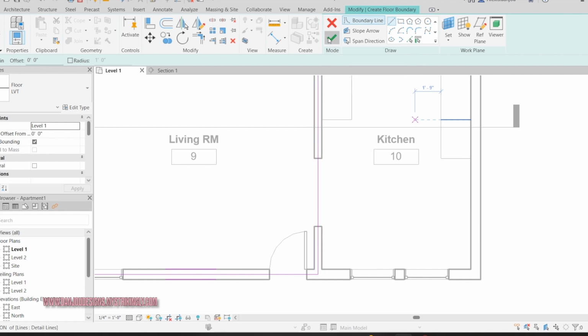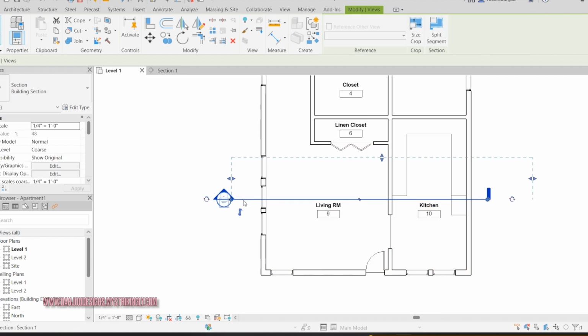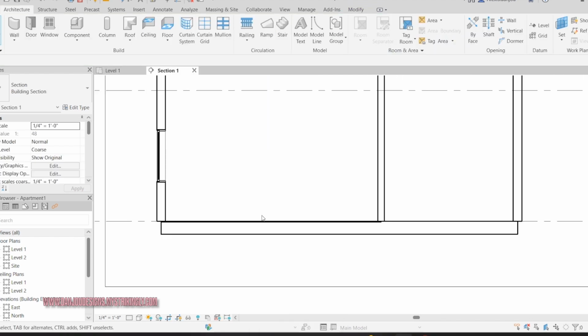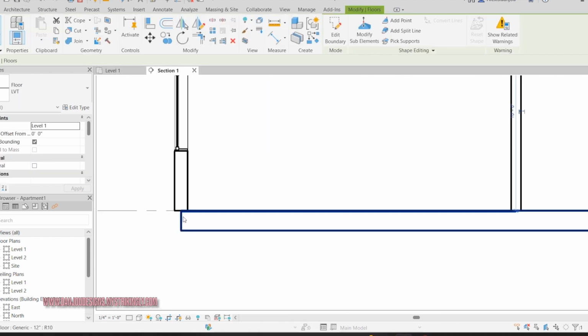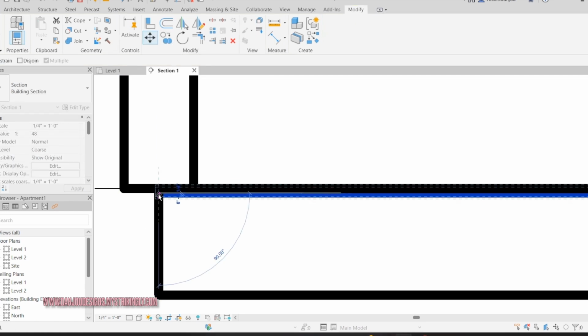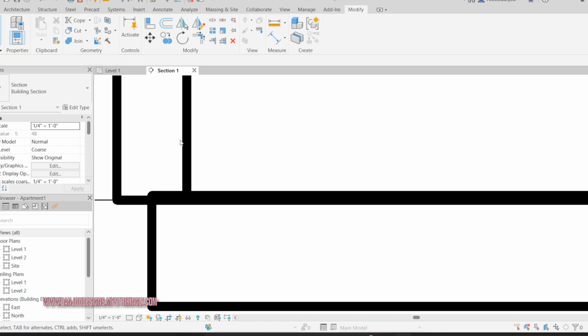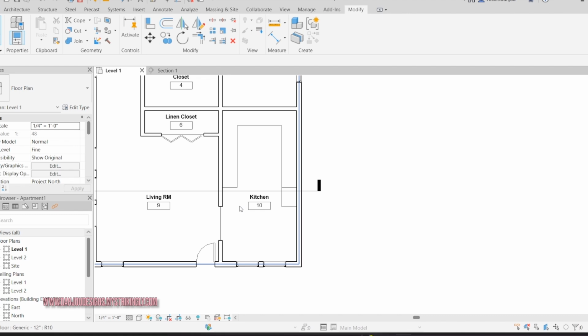I'm going to click the check mark, and it's doing that again. So I'm just going to go back to my section and move that floor up. I'm going to show you how to prevent having to do it every single time afterwards with this next one. The next one is the kitchen,